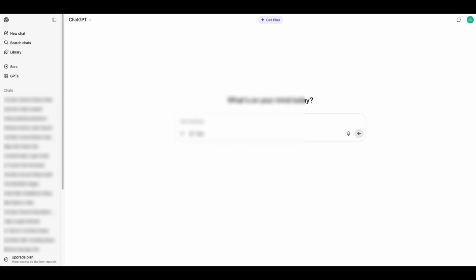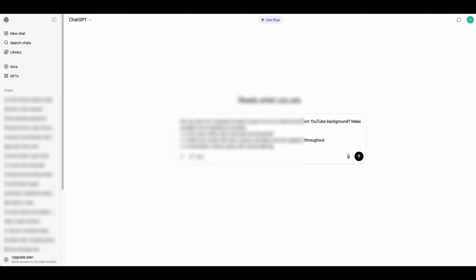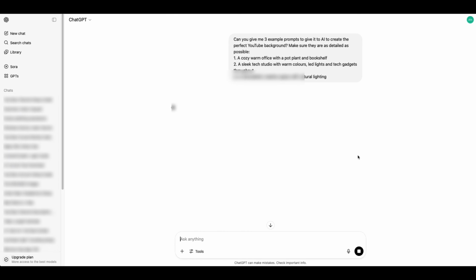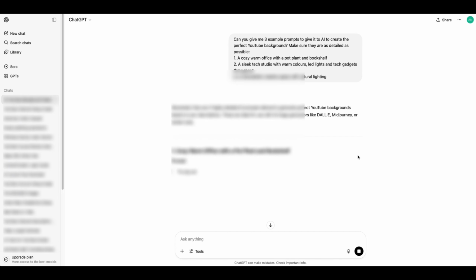Let's head to ChatGPT and let's ask ChatGPT to generate our prompts. So you need something similar to this. Doesn't need to be exactly the same. I'm going to leave these prompts in the description below. But basically what you need is to ask AI to create the perfect prompt for a YouTube background. And I give it just the start of what I want. I have given it 3 examples here, 3 options. Feel free to only give 1. Then hit generate,